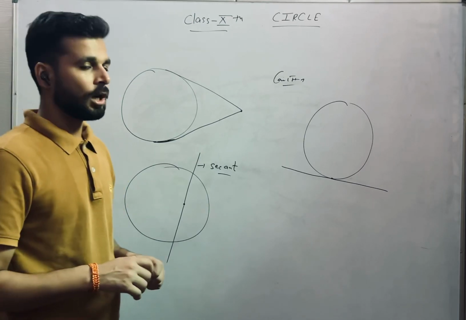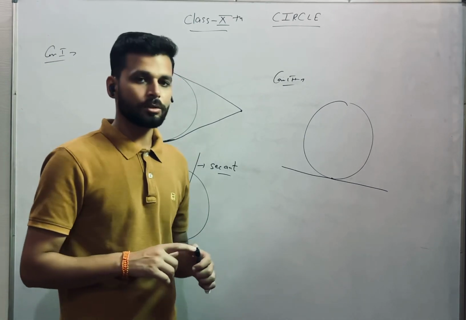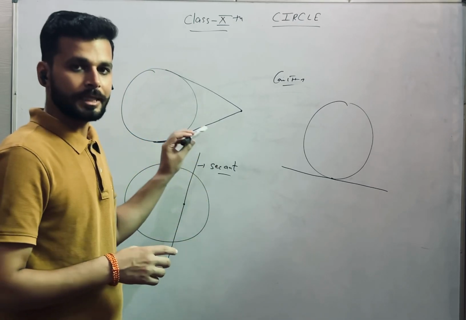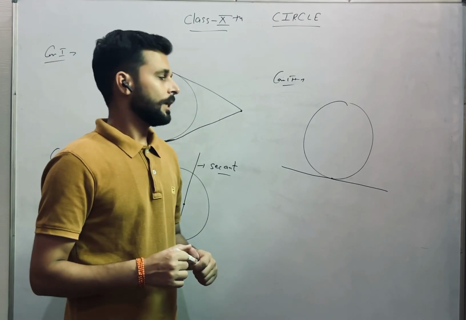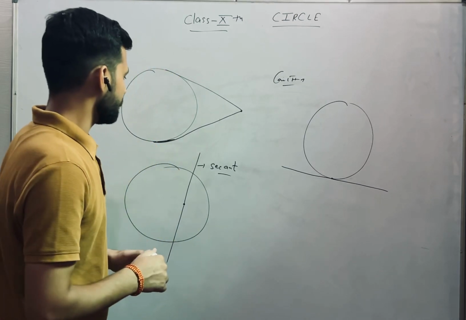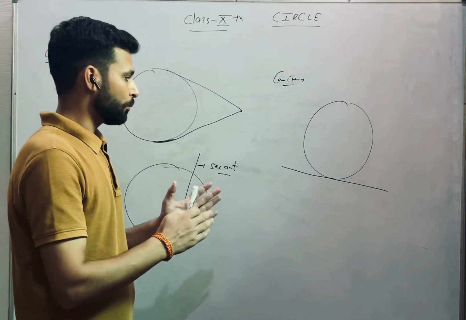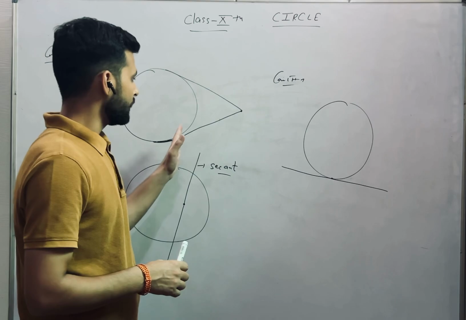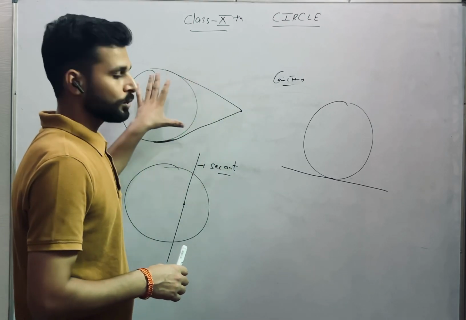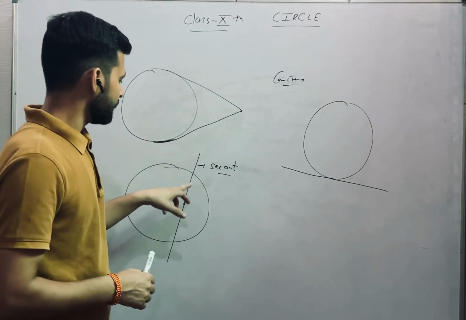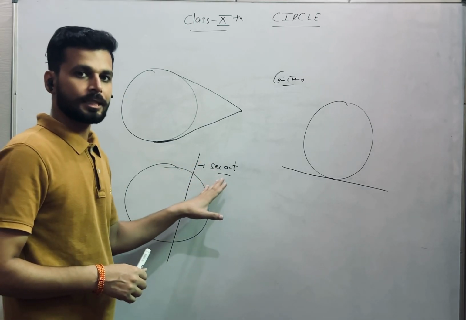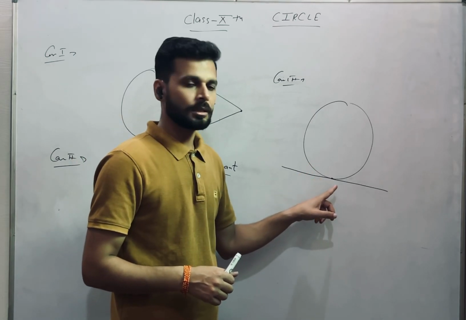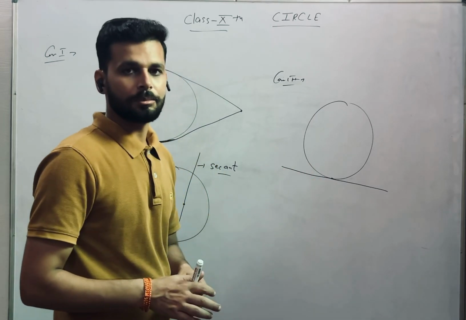Next, we have studied how many tangents can be drawn on a circle. Infinite tangents can be drawn on a circle because there are infinite points on a circle. And we have studied how many tangents can be drawn from a point, where we have studied 3 cases. If the point lies outside the circle, then we can draw at most 2 tangents, and if the point lies inside the circle, then no tangent can be drawn from that point. And if the point lies on the boundary of the circle, only a single tangent can be drawn.